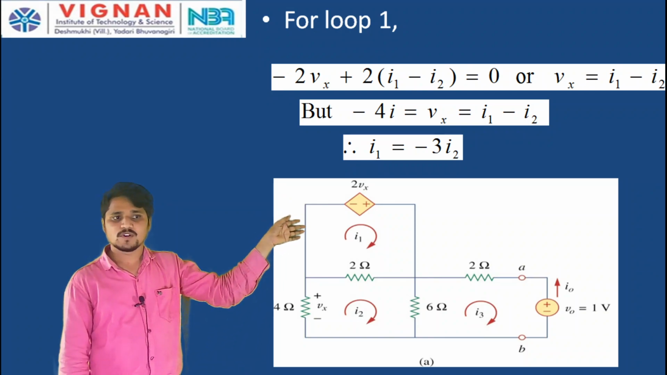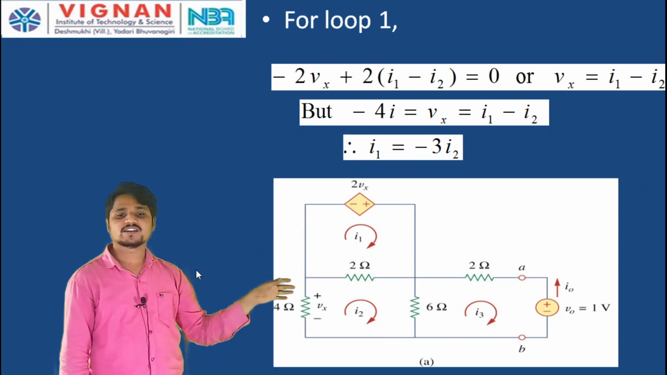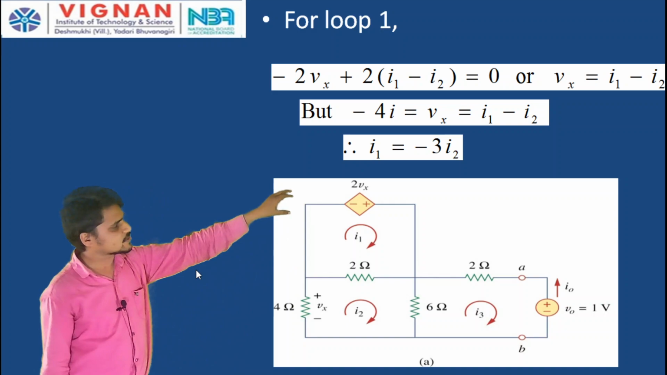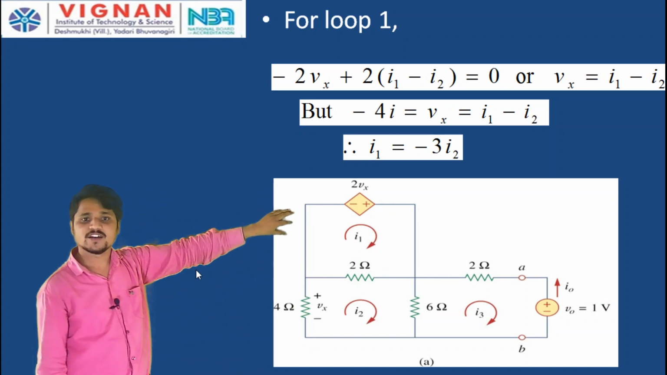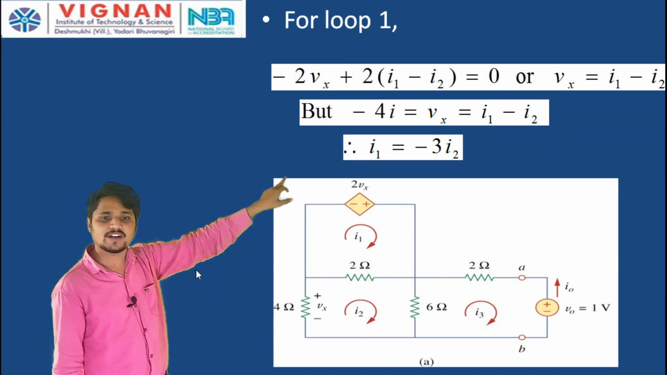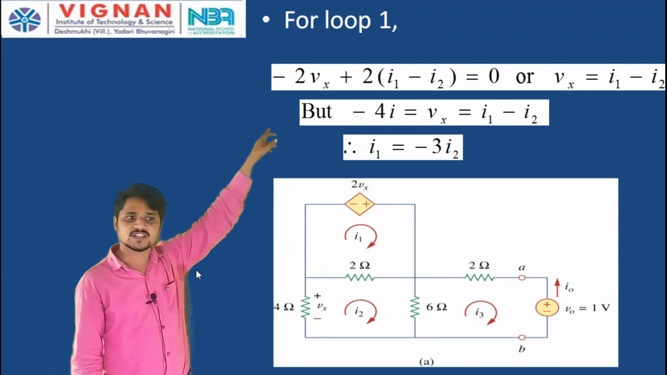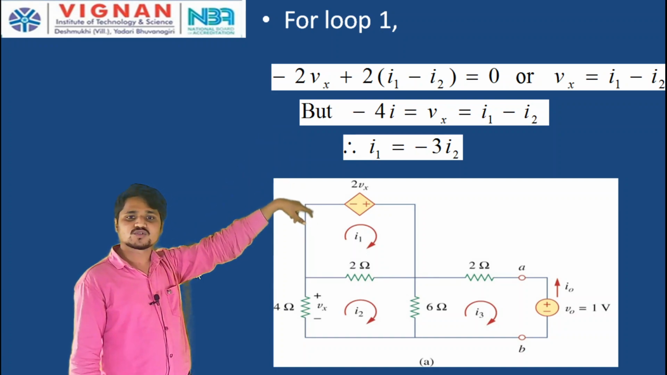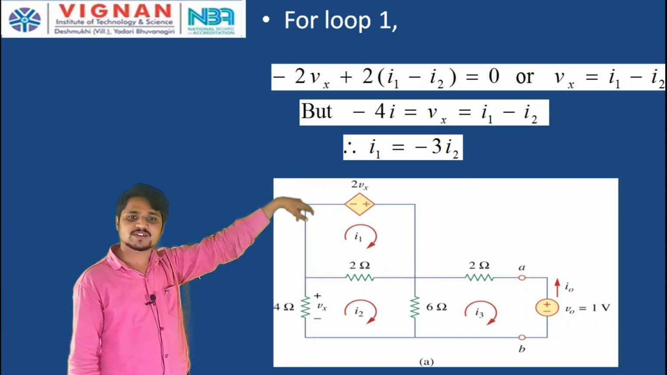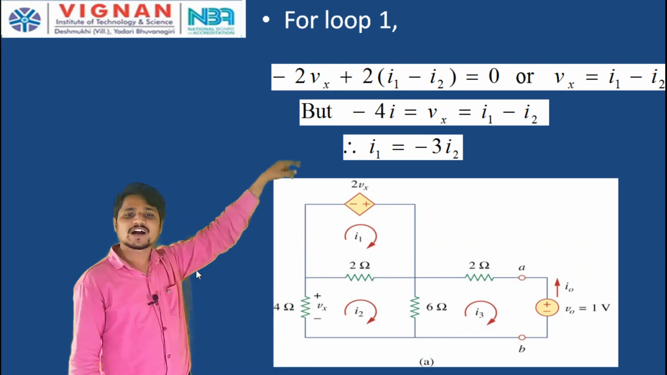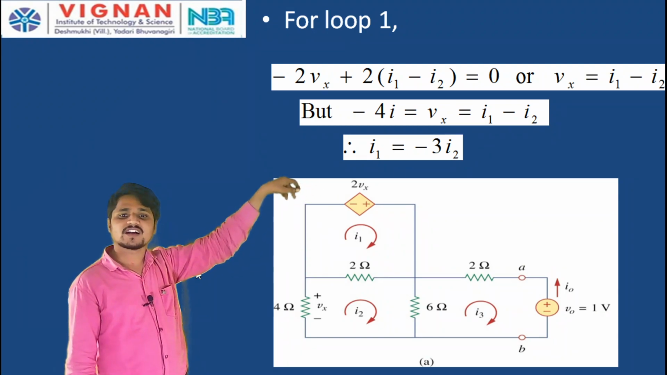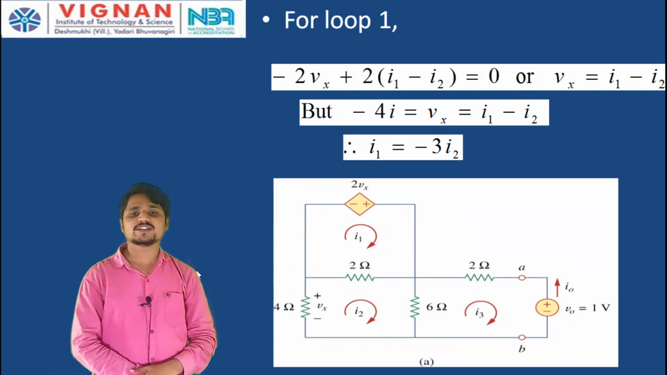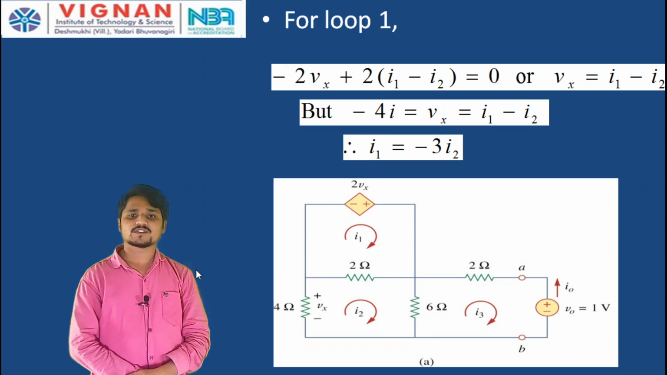So, the first loop, that is mesh 1, has current I1, mesh 2, that is loop 2, has current I2, and mesh 3 has current I3. Now apply the Kirchhoff voltage law in the first loop. So, I am starting at this minus point. Minus 2 Vx, the first equation, minus 2 Vx plus the voltage drop in the 2 ohm resistor. This element is connected between the two meshes, mesh 1 and mesh 2. So, 2 into current I1 is entering, whereas the current I2 is leaving, therefore, 2 into I1 minus I2